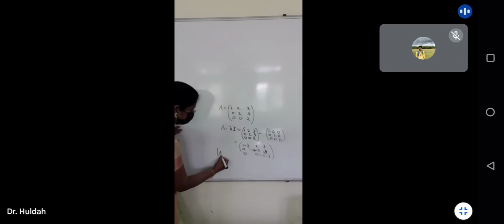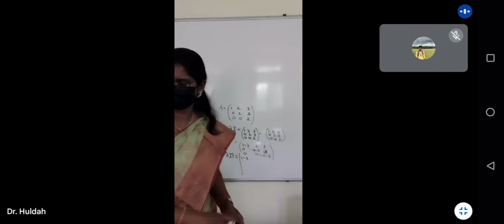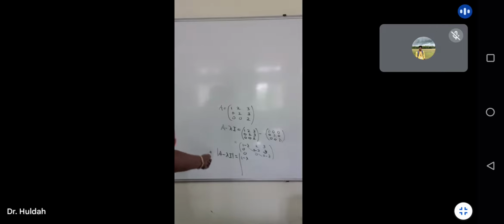You know how to find the determinant, so find the determinant of A minus lambda. Equate it to 0, and you will get a cubic equation in this case because it's a 3 by 3. Determinant of A minus lambda equal to 0 is the characteristic equation of a matrix. Up to that, clear? Those attending online, are you able to understand? Yes, ma'am.